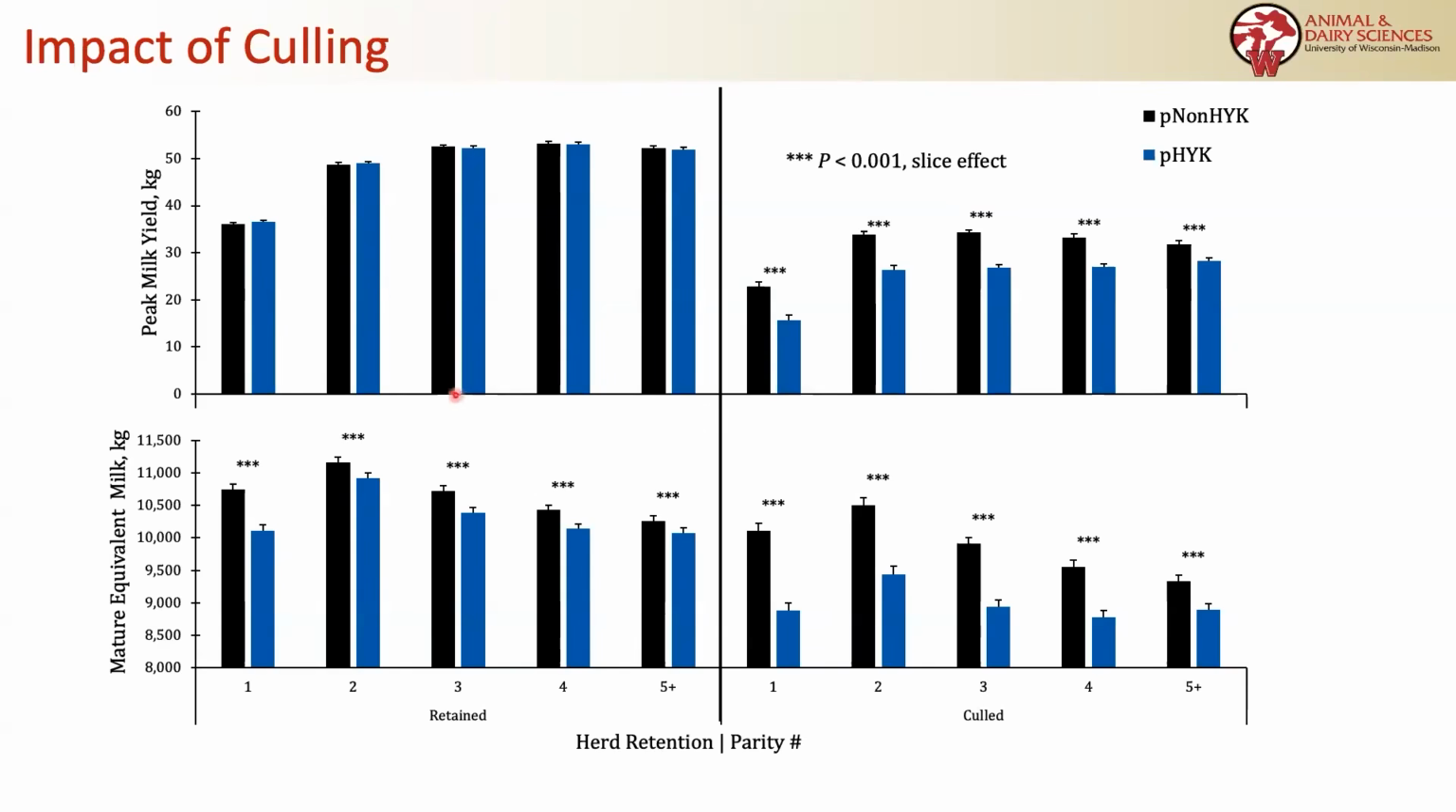We see a similar pattern, although not quite as striking, for mature equivalent milk. If we look at the calculated ME milk production for the cows retained within the herd versus the cows that were culled, there's a striking difference on the right. On the left, their ME milk was still significantly less, but the difference is not nearly as striking as within the cows that were culled. So what does that mean? Why am I so excited about this? Well, it could mean